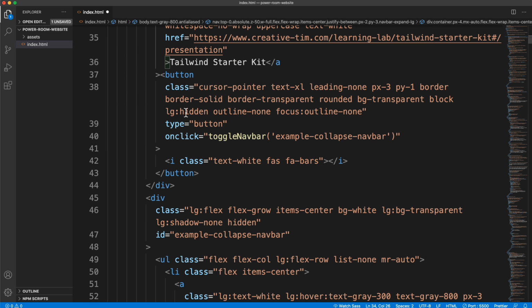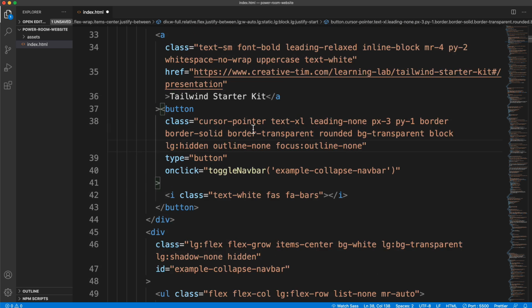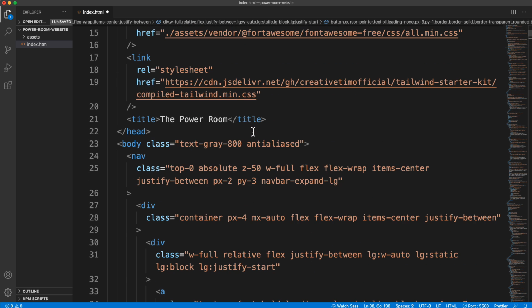And then certain spots you might see this right here, LG colon, and then some class. This just means that this only pertains to large screens. Okay, so it's not going to be in effect if it's lower than a large screen. And we'll learn more about these classes as we move along, but let's start changing this up a little